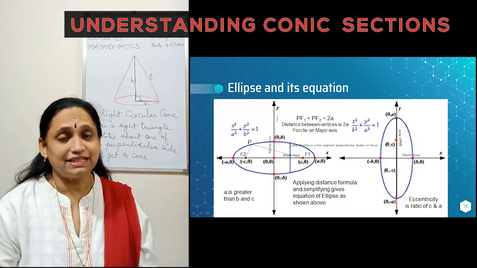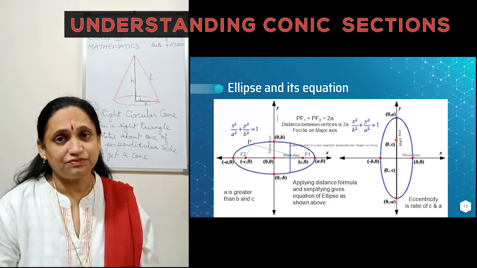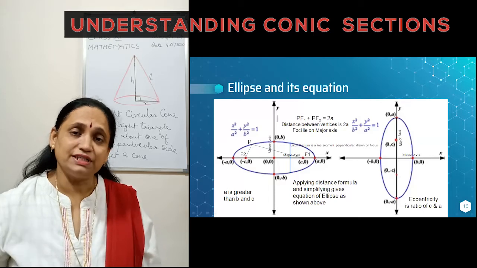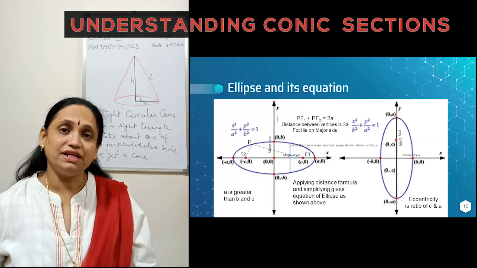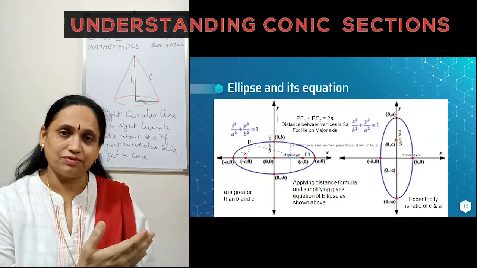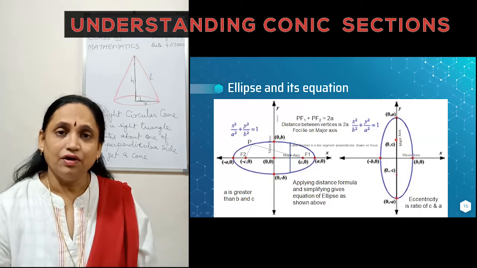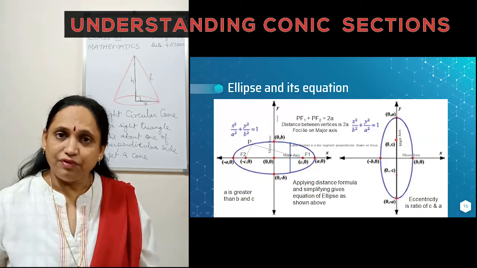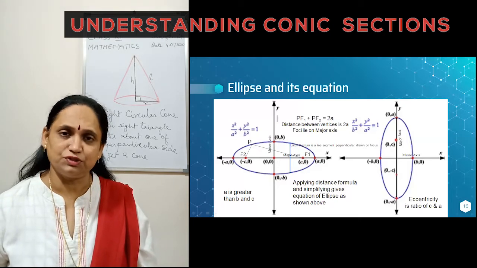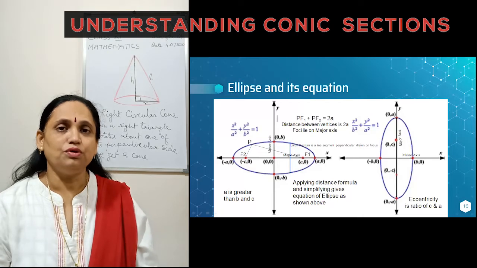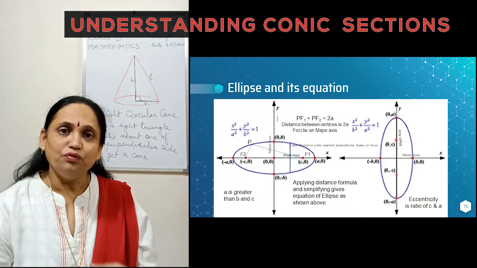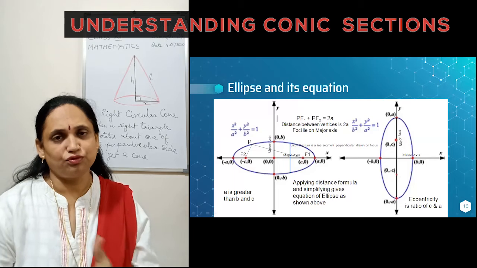The definition says that it is the set of all those points which follow a certain rule, that is, the sum of the distances from two fixed points is a constant. Now, how to make it easy to understand? Let us take that point P of the ellipse lies at the vertex. Now, what happens at the vertex? When we find the distance from the foci of this vertex point which we have taken, it would be equal to 2a, which is the length of the major axis. And that's how we come to know that PF1 plus PF2 is equal to 2a.